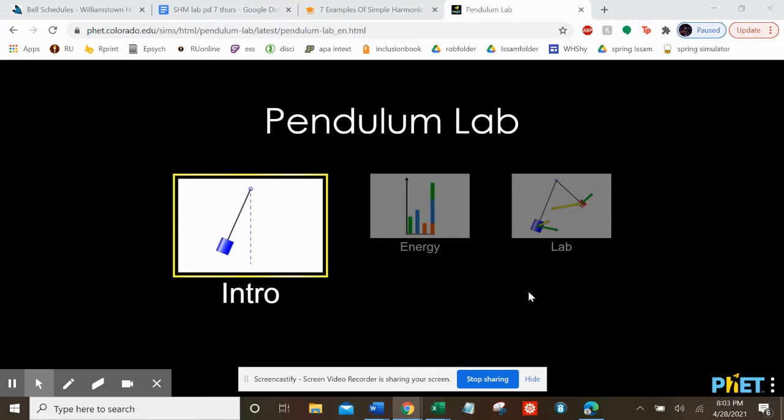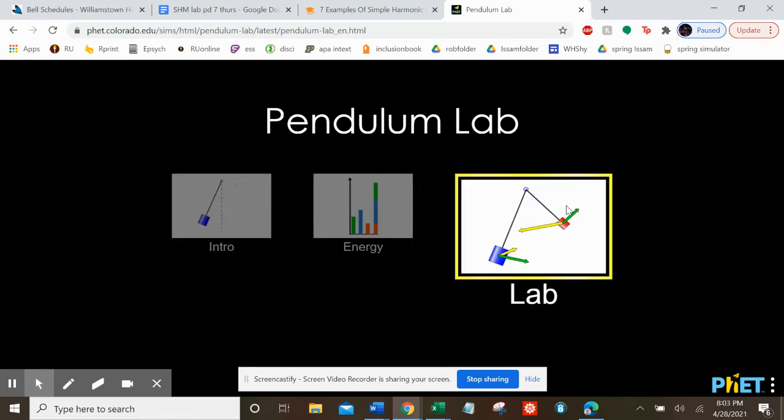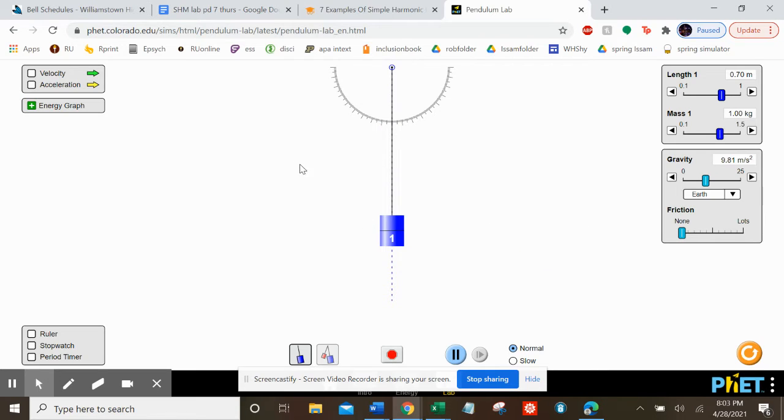Alright guys, you're doing the virtual version of the Pendulum Lab. You're going to click on this one right here, the one that says Lab, and you're going to see this screen. So your goal is going to be to test all the variables that might affect the period of this